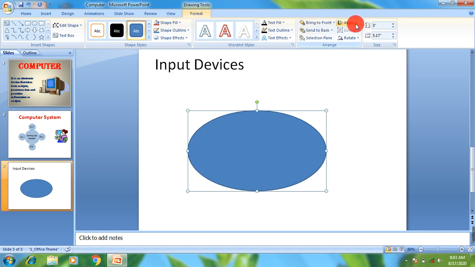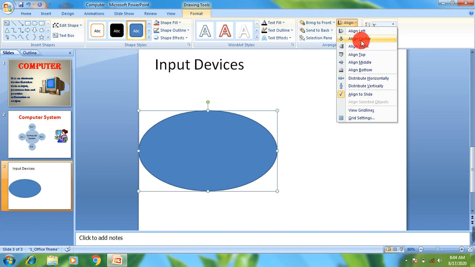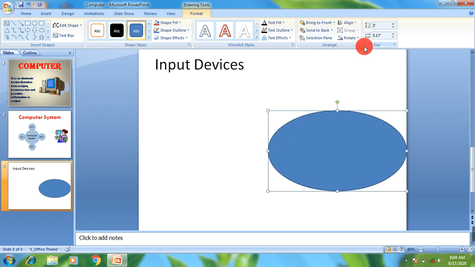and here you can see the align option. So just click here. So you can see different options for aligning this shape. If I choose this align left, the shape will move to the left side. If I choose this right, then it will move in the right part of the slide. So in this way you can change alignment of different other objects like shape, table, word art from this Format tab, but if you have to change alignment of the text, then you have to use Home tab.